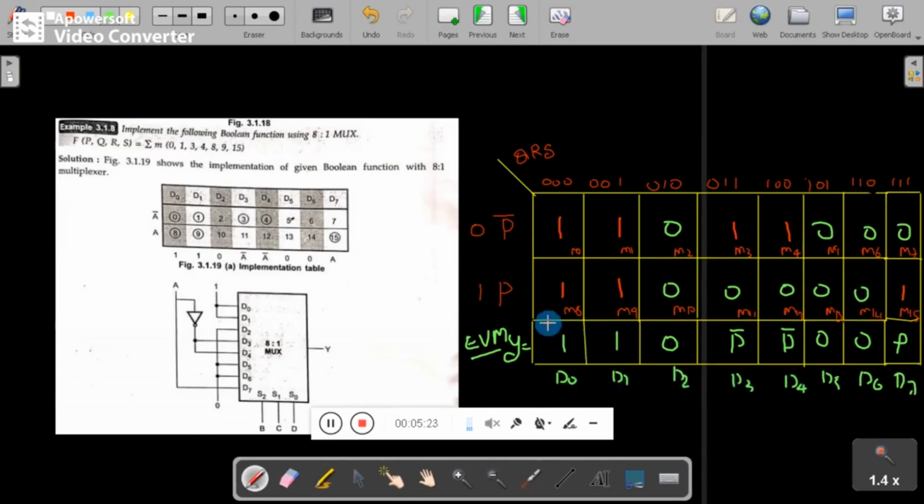Because when you represent any multiplexer diagram, you normally represent the inputs as D0, D1, D2, D3. So I will treat these as inputs to the multiplexer.